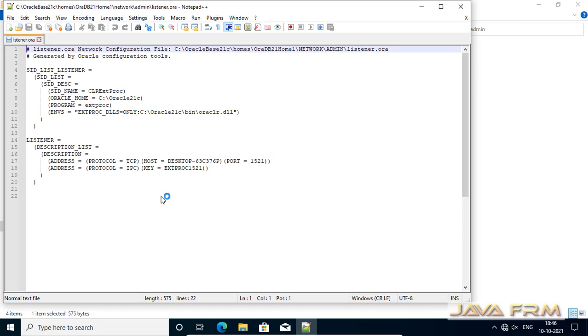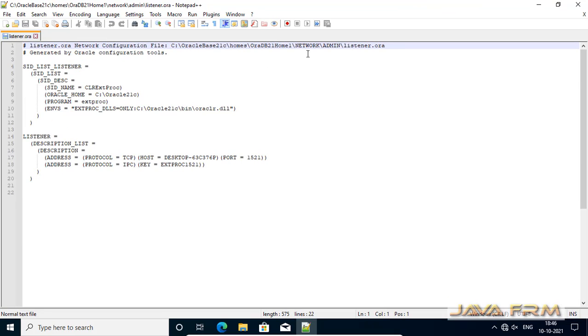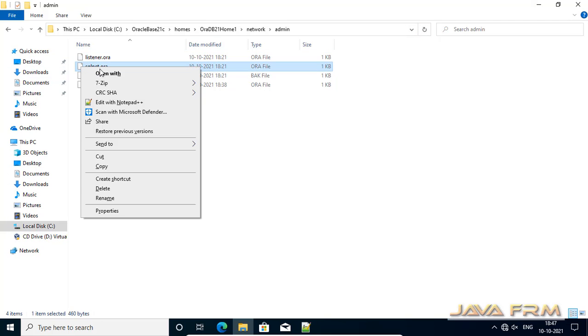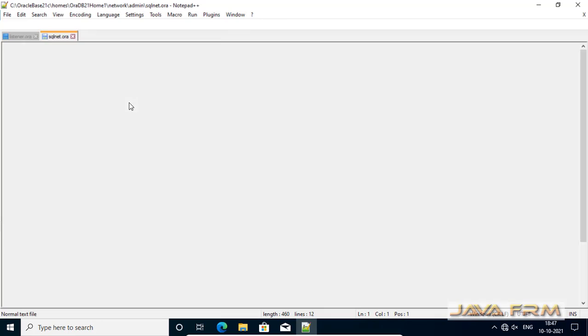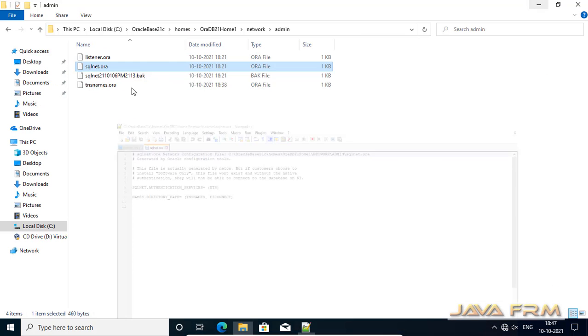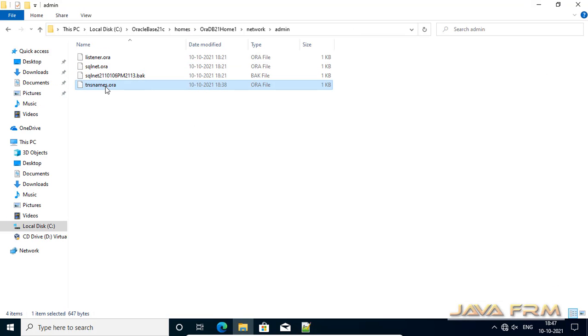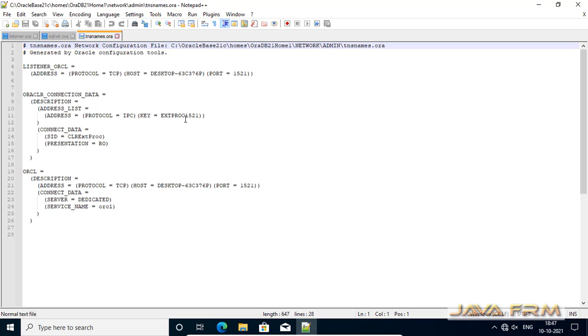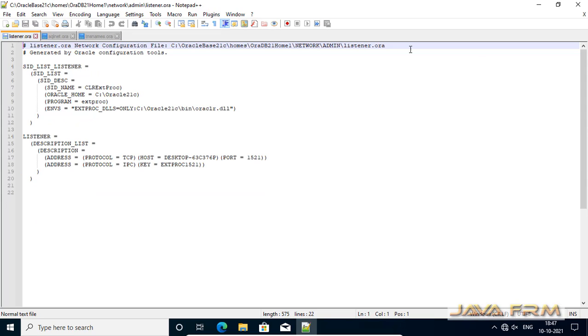Unless you know thoroughly, don't touch these .ora files. This is the Oracle listener configuration file, listener.ora, and tnsnames.ora is another file. This is sqlnet.ora. This is the TNS names file. If you are an expert, you can modify this file according to your needs.